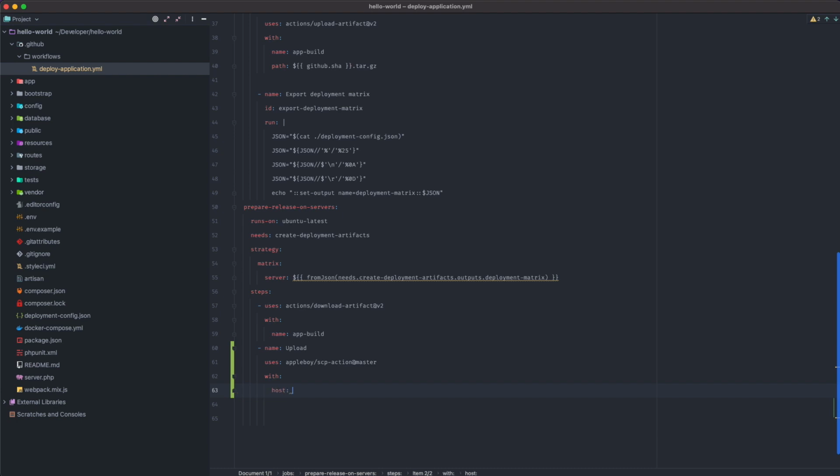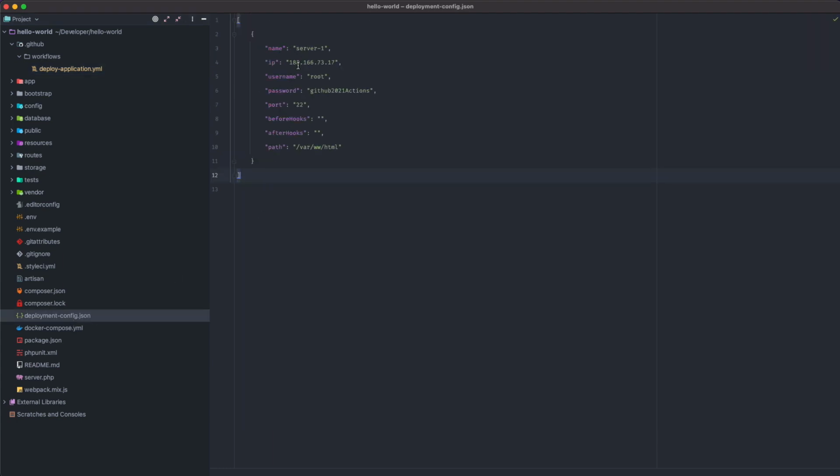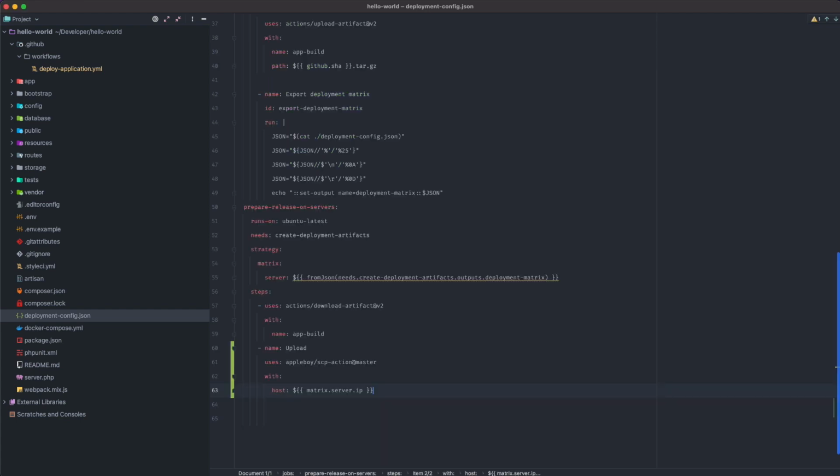We're going to start off with the host, which is going to be equal to the server IP. We've got the server IP in our deployment config, so we only need to reference it here. We can use the server object inside our matrix that we defined above. So in this case, matrix.server.ip, which will reference the IP address inside our deployment config. Let's repeat this process for the username, the password,